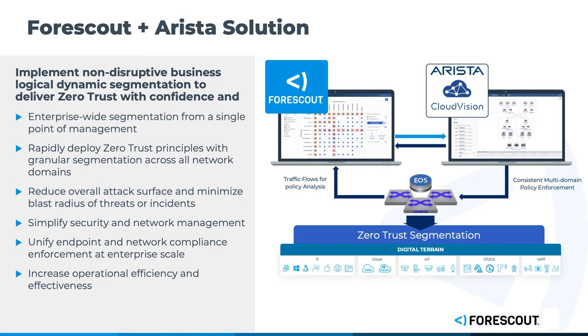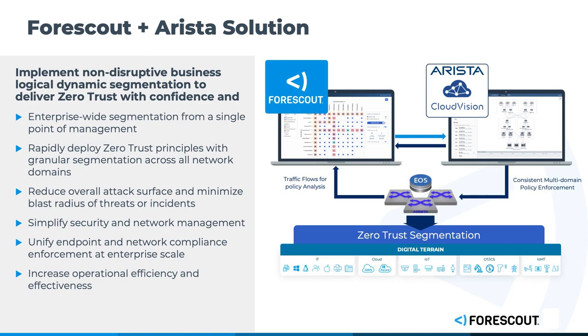disruptions. Arista and Forescout have joined forces to provide an integrated solution that helps you boost network performance while reducing network administration through the delivery of dynamic network segmentation. The partnership enables you to rapidly enforce zero trust practices and support innovation without being locked into a single vendor's ecosystem. It can help you by providing for enterprise-wide segmentation from a single point of management, to rapidly deploy zero